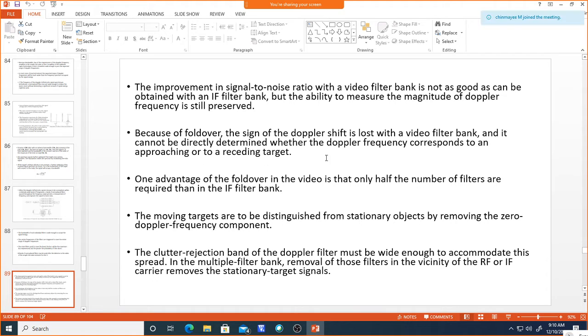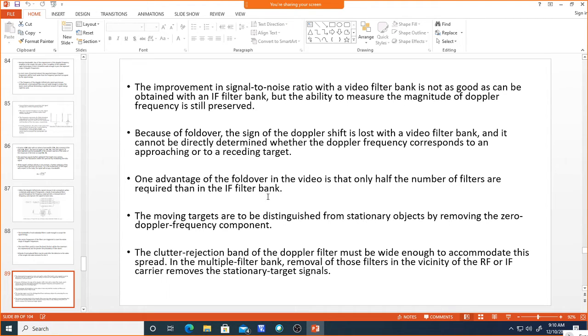So that we can give it to the motor: the echo signal amplitude, phase, and the Doppler frequency, all the parameters we can extract and give to the motor. Whether the motor rotates clockwise or anti-clockwise, based on the phase, we can get whether the target is going away from the receiver or approaching the receiver.